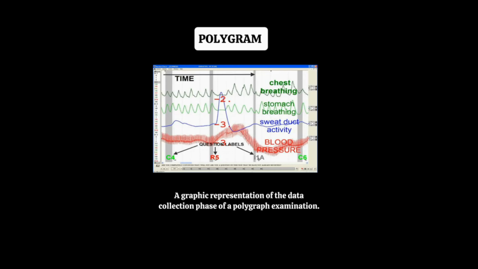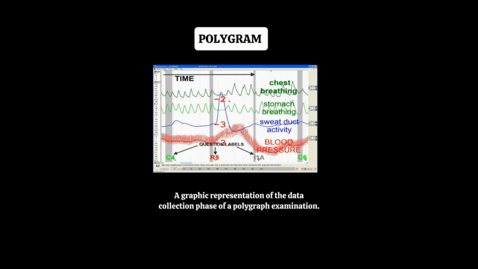So, last one is the polygram. It is a graphic representation containing selected physiological data generated by an examinee during the data collection phase of a polygraph examination. So, yung polygram, it is the result of the chart markings and chart tracing. So, meron tayong types of polygrams, which is yung analog polygrams and computerized polygrams. Meaning, it's the paper or the digital graph that shows the line of your heartbeat, breathing, and sweating during a lie